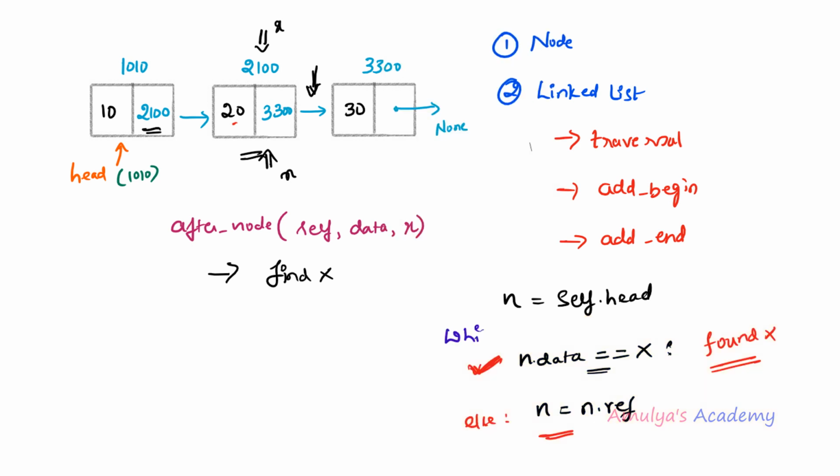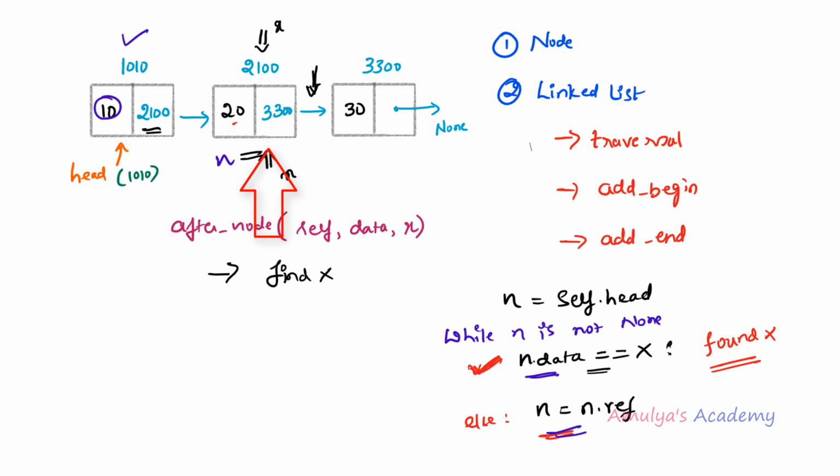So here I'll take the loop as while loop, and here I'll take the condition as while n is not none. Initially n value will be self.head, that is nothing but n is this first node. So I'll check whether n is not none. It is not an empty linked list, so n is not none here. N is 1010. So it will execute this while loop body. It will check n dot data is equal to x. The data present in that node and x, it will compare both. Here it is not equal. That means it is not the x node, required node. So it will increment the n. That means we are going to the next node.